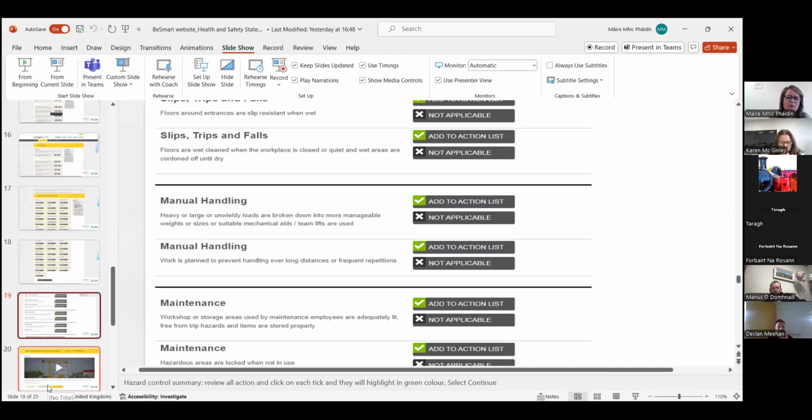So all of this information is backing up on a different document onto your health and safety document as you go along. So ensure that the information you're putting in is correct, because it takes a lot of time, a lot of patience and a lot of energy. So you don't want to have to go back and do it again. When you're doing this exercise, and it is an important one, and it's free, saves the company a lot of money, put your time into it to get it done to a very good standard, and be as honest as possible through the whole thing, because otherwise, if an accident happens and you've misled the public by your health and safety statement being wrong, that wouldn't be good